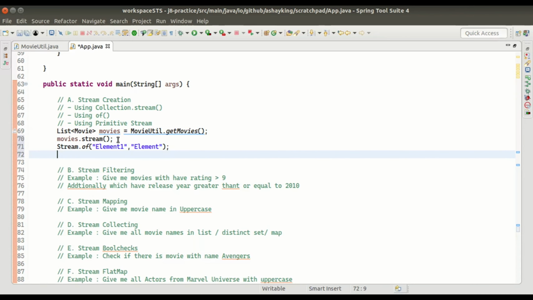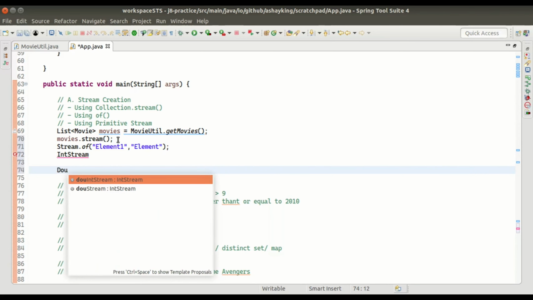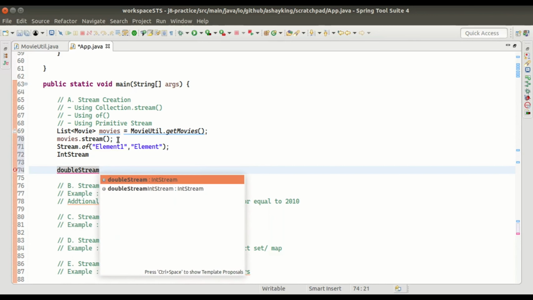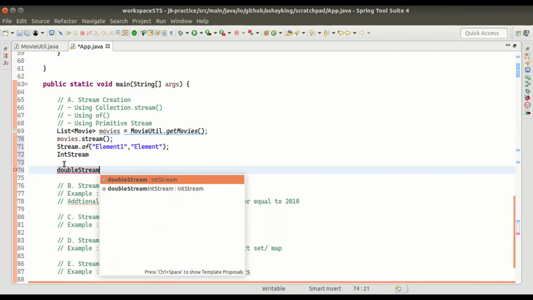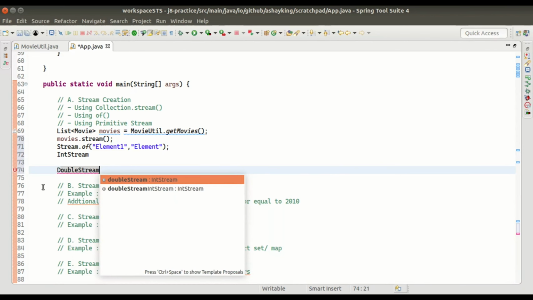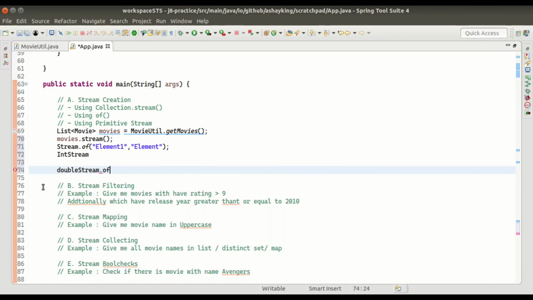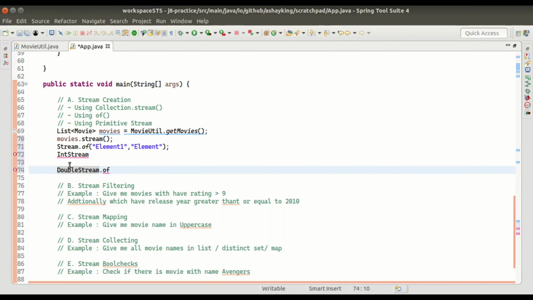Now if I have primitives which I want to process, then Java people have given us primitive stream interfaces. There is an IntStream, and there is a DoubleStream, which also has an of method.